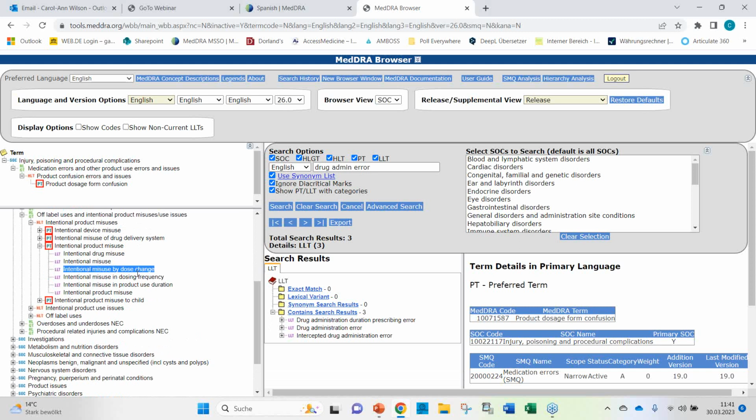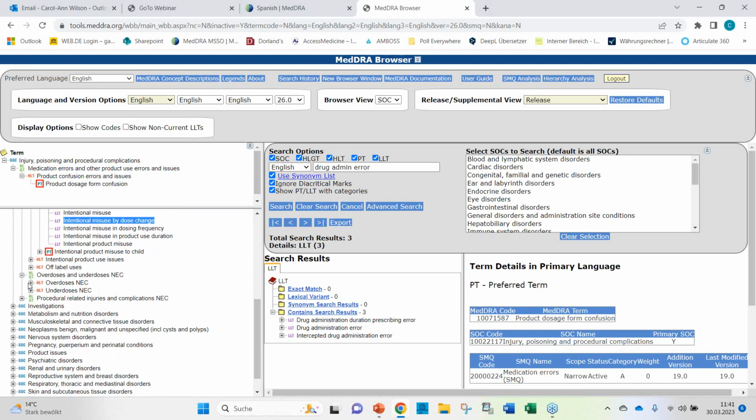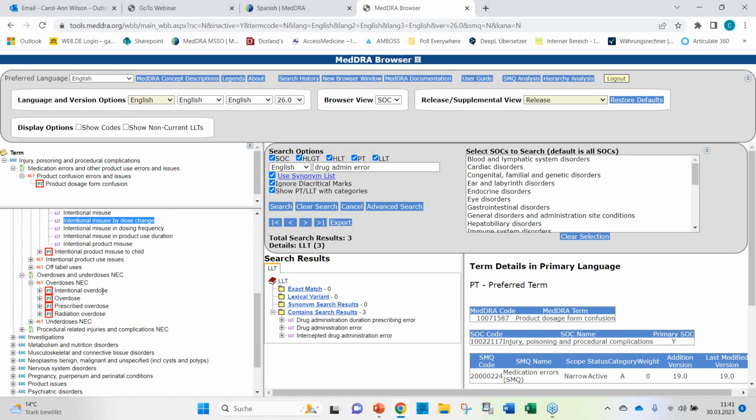So the other option was intentional overdose, and this can be found here under overdoses. Here it is, intentional overdose. But as I mentioned before, this would be inappropriate because it would be an interpretation. The dose increase could still have been in the range of what is allowed based on the label.